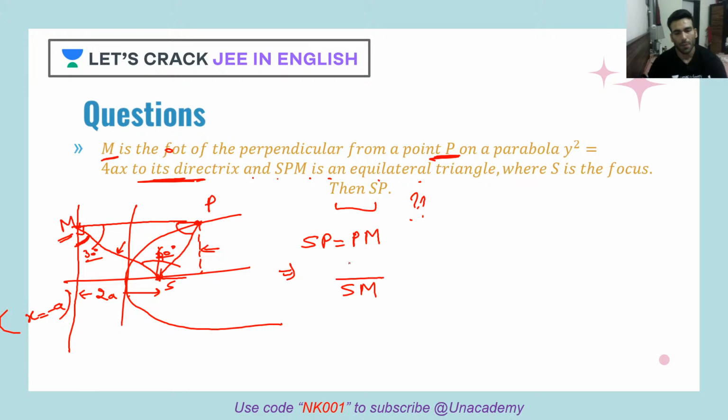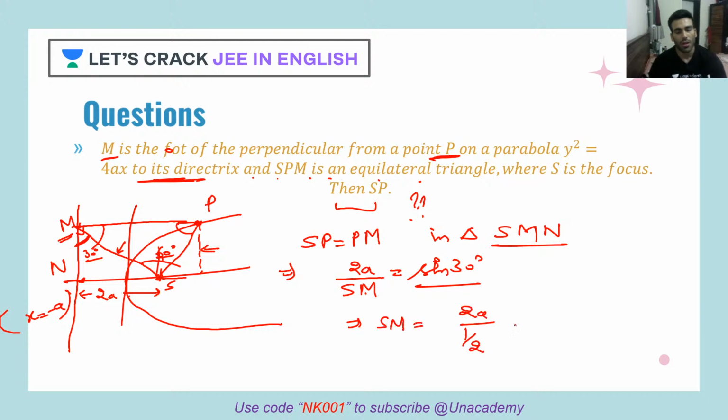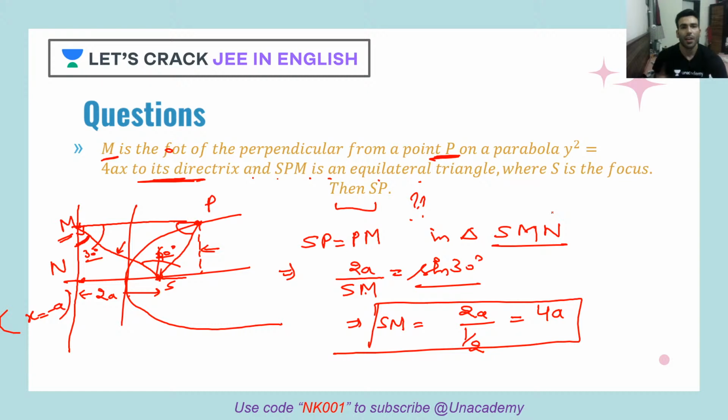SM, okay, so this 2A upon SM is what? Sine of 30 degree. I'm using the geometry, so I'm using a triangle, let's say SM, and I'll name this point as N. So in triangle SMN, 2A upon SM is equal to sine 30. So my SM will be what? 2A upon sine 30. Sine 30 is what? Half. So 4A. So SM is equal to 4A. Answer. Done. In one line